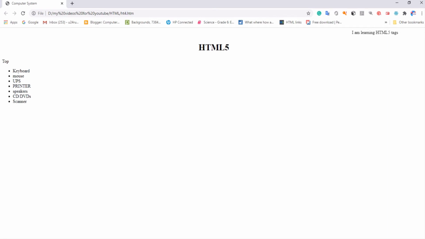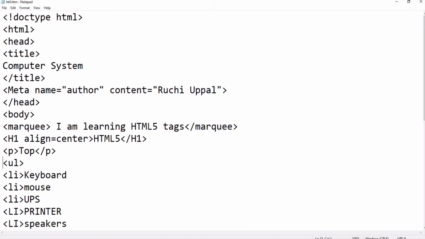Now the next thing is you can also set the bullet style. You can change the style of an unordered list. It can be circle, it can be disc, it can be square. We just have to define the type. Let's go back and see how to do it. Here I am starting, and I will write type equals to